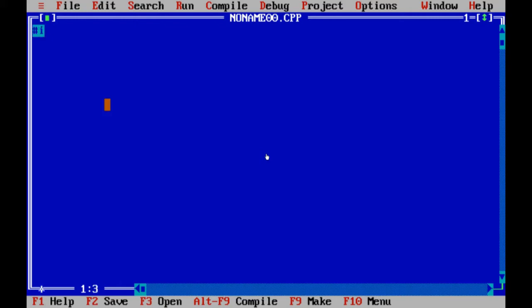So first of all we are going to write our header files. Include, that is, it will include the header file. stdio.h stands for standard input output and .h stands for the header file. So include will include that header file stdio.h in our program. What is a header file?